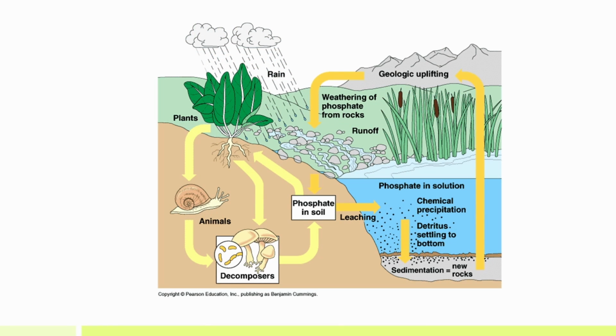So here we can see that phosphorus cycling process. We get precipitation, which washes the phosphorus off. This is runoff that goes into bodies of water, like the ocean. The phosphate in solution generally settles down into new rocks at the bottom. And this is used or taken up via geological uplifting, or you might think of it just as evaporation. And it ends up back in the rain, and then again we're looking at runoff.